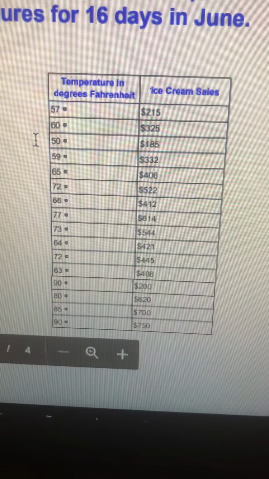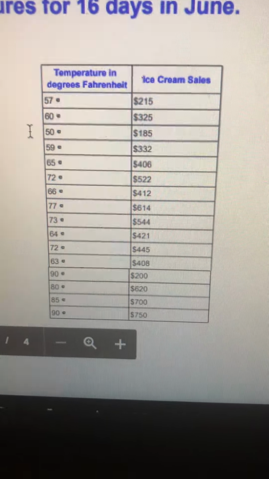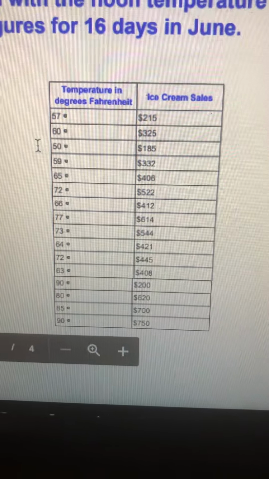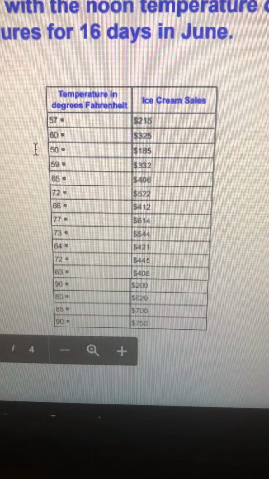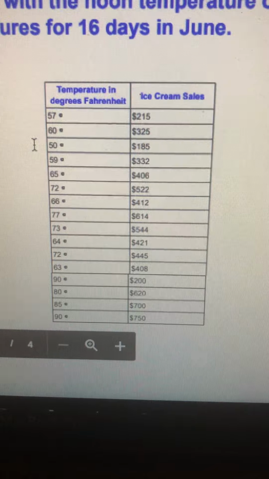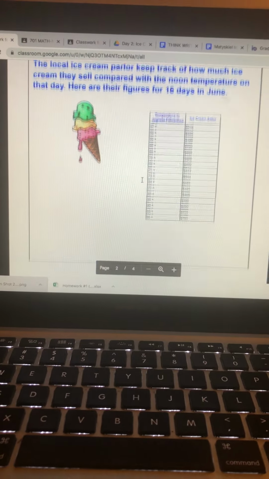It doesn't follow a constant rate like we were focusing on with linear functions. So the data is sporadic right now, but we're going to use this data to create a scatter plot and see if there is any kind of trend to the data. Okay, so I'm going to just X out of this for now